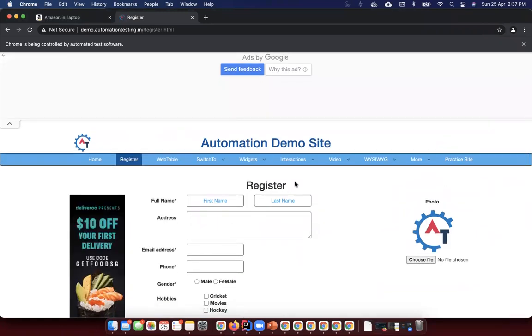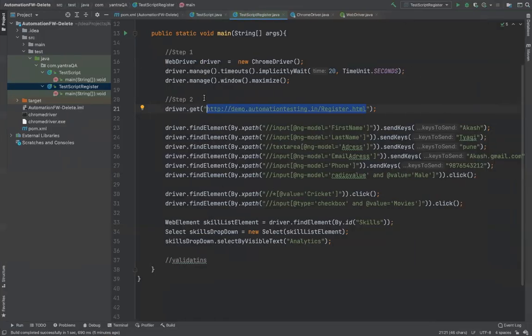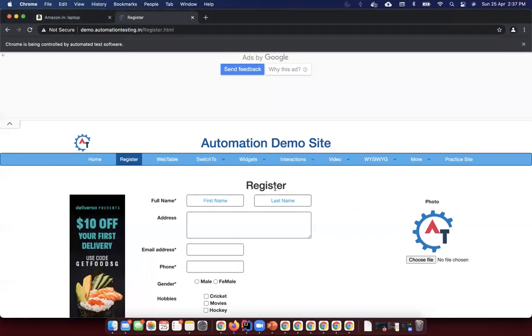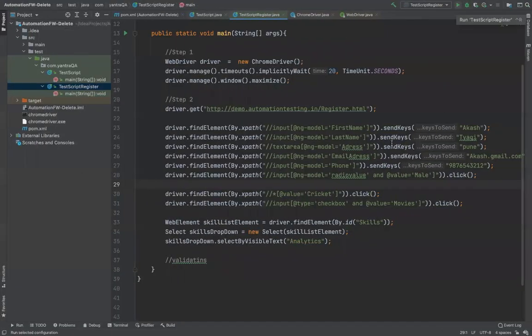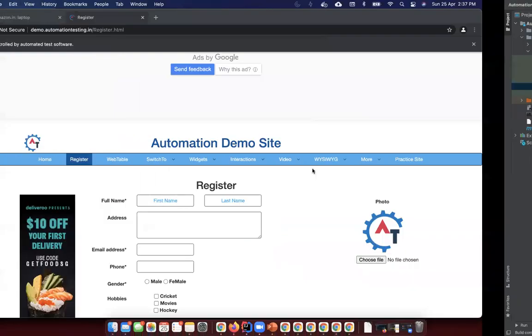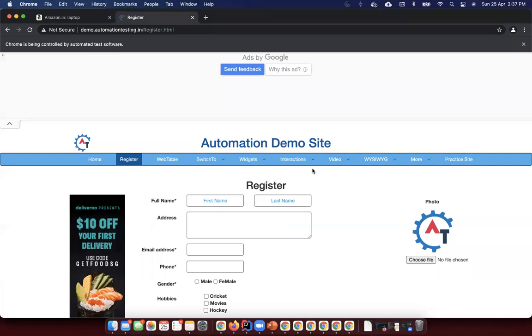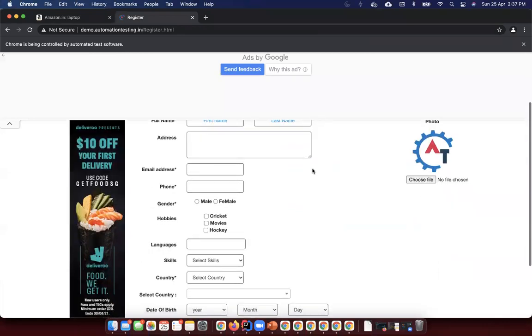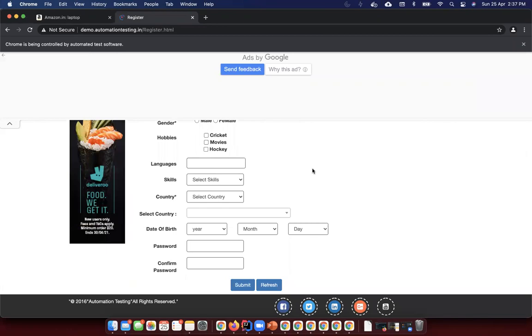What is the alternative here? The alternative is that we actually write this script, making use of Selenium. So that whenever someone comes to us and says, can you test it, we will not test it manually. We'll just click on the run button. The moment we click on run, the Selenium or Java code will start the browser and start putting in values, and then eventually will tell us, yeah, the page is working fine, the functionality is working fine. So this is why we have been doing this.